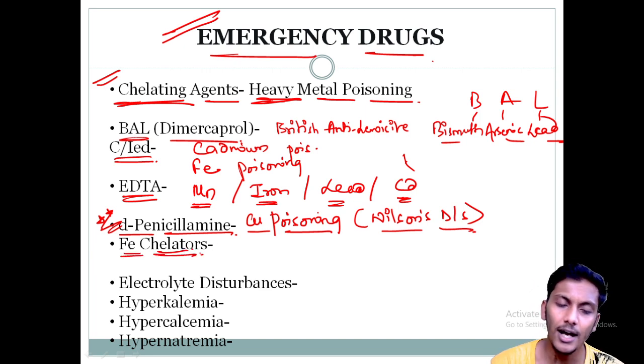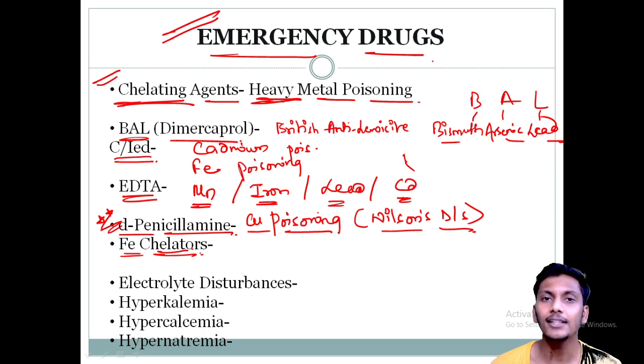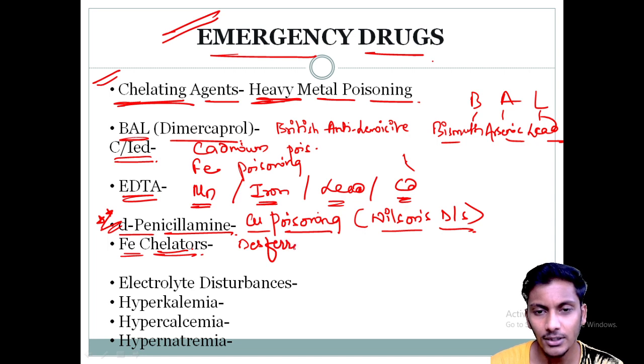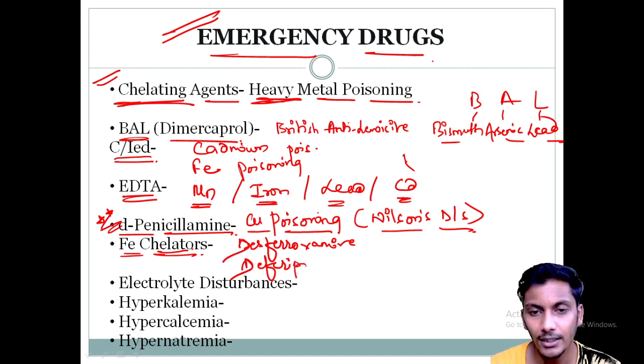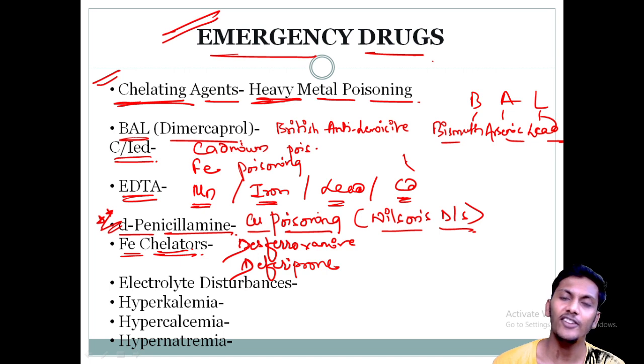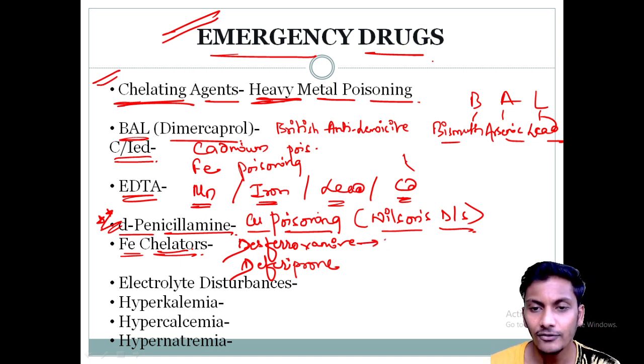Last one are your iron chelators. So iron chelators are the specific drugs used in cases of iron poisoning. Otherwise we can also use BAL or EDTA. But the better drugs which are there, these two drugs are known as desferoxamine and deferriprone. Remember, the important two drugs which are used in cases of iron poisoning are desferoxamine and deferriprone, out of which desferoxamine is